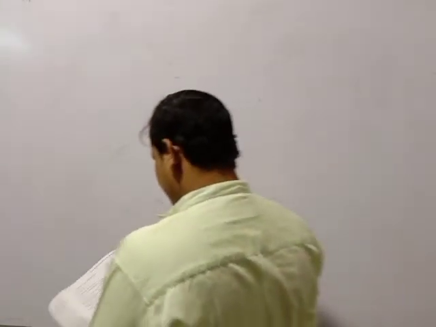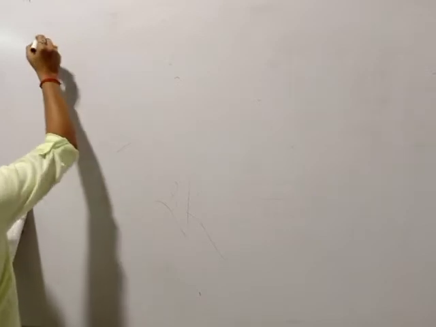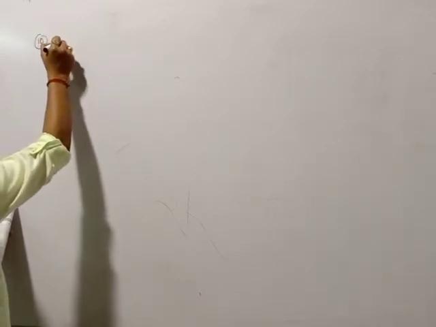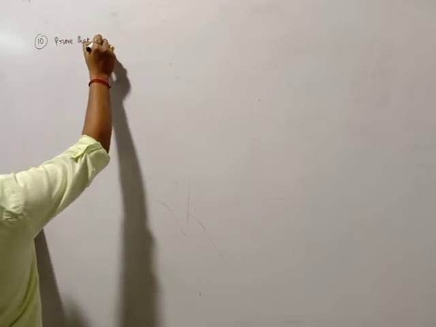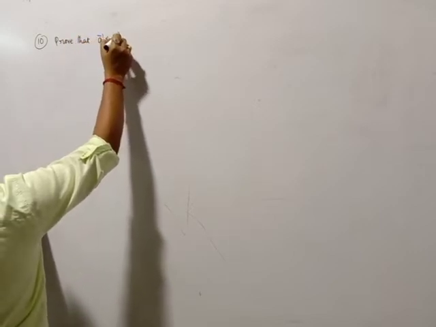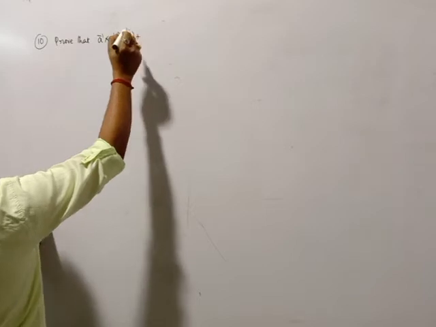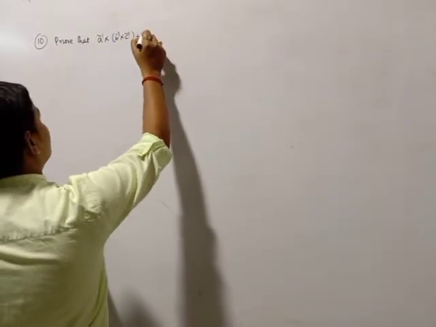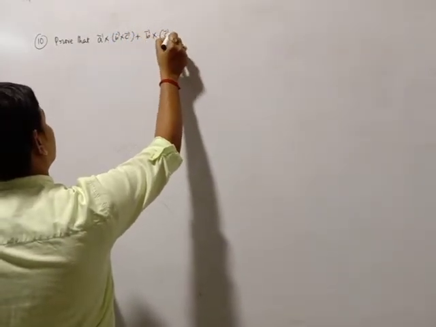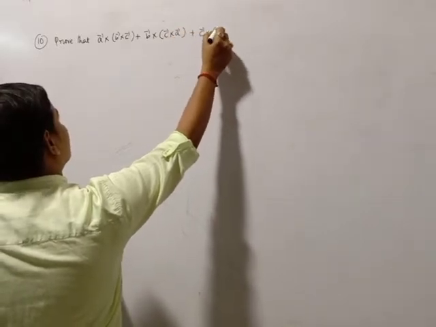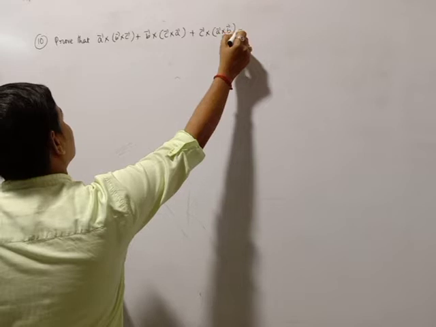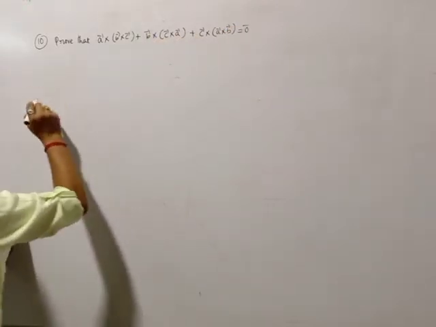So that is question number 10. Prove that A bar cross of B bar cross C bar plus B bar cross of C bar cross A bar plus C bar cross of A bar cross B bar is equal to 0 bar, and hence